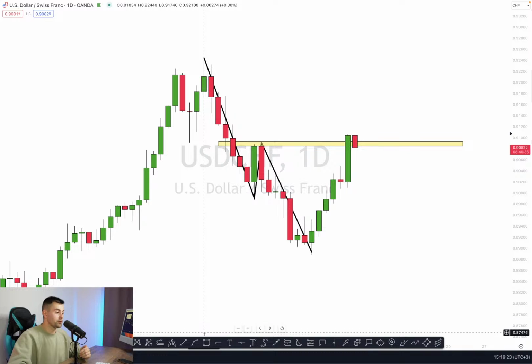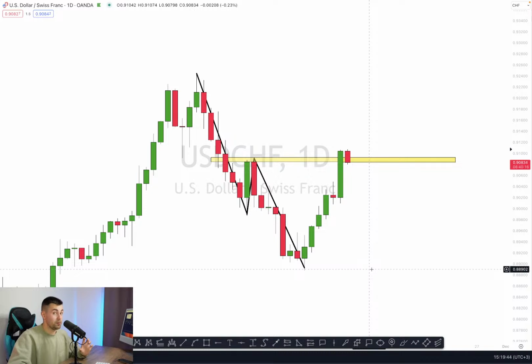And of course, after the breakout, that resistance right here turned into a very strong support. From that broken structure, we can actually anticipate a bullish continuation. But the main thing is, traders, that we do not buy the market blindly. Once we spot a good trading setup, we need a confirmation. And our next step will be to analyze lower time frames to check how the price reacts to that structure and look for a confirmation there.